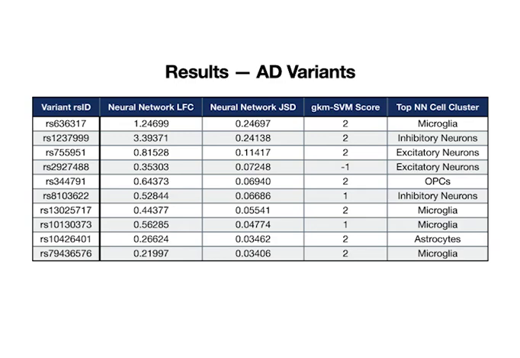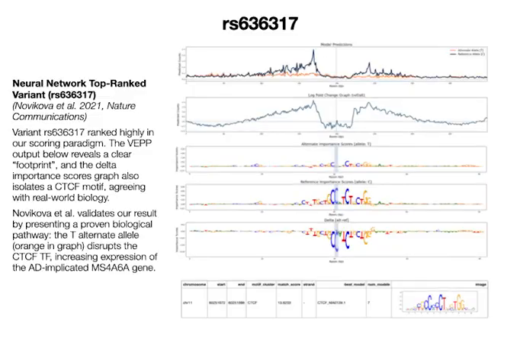After scoring the GWAS AD variants, we found that our models mostly agreed with rankings generated by the previous generation GKM-SVM models, validating that both models accurately learned patterns of TF binding in brain cells. However, the more complex neural networks were able to increase the confidence level in certain variants and nominate new, previously unexplored variants. The successful implementation of the variant effect prediction platform was also used to validate the top scoring variants.